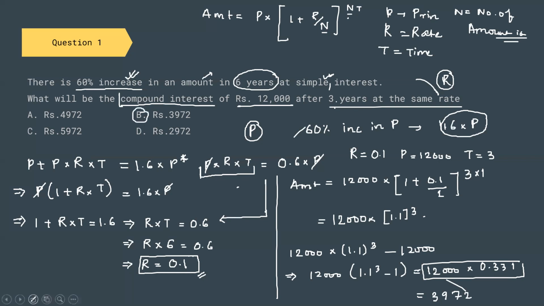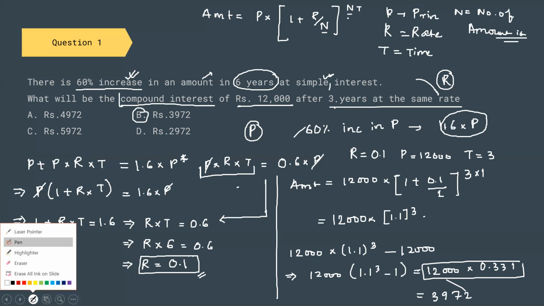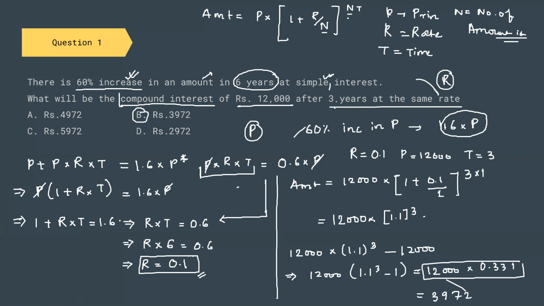Now, let us mark a few things. In this particular question, we have to use a calculator, but we have to limit the number of times we use it. I am going to use my calculator only 2 times. The first time I am going to use my calculator at this point, where I calculate the cube of 1.1.